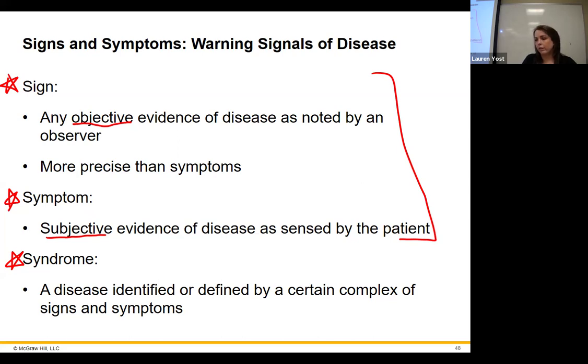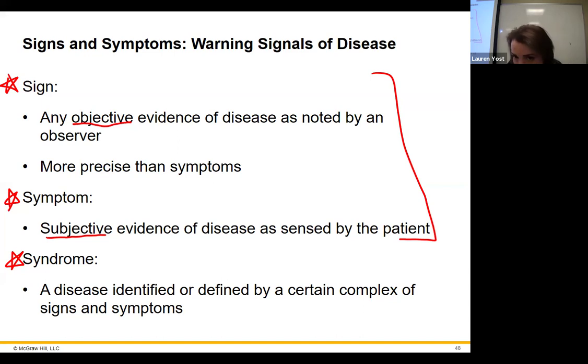What you're experiencing or what we can kind of guess is going on. Signs are objective. That means they are measurable. Okay. Anything that is measurable and observable and you can record it directly is going to be a sign. Okay. A symptom, vague things that you can't actually measure.